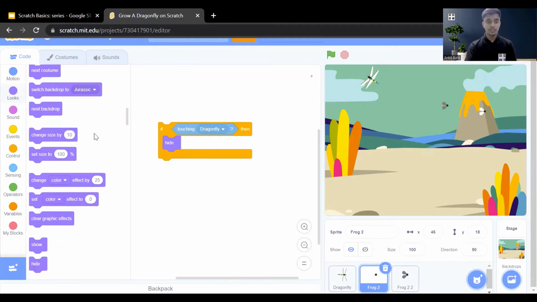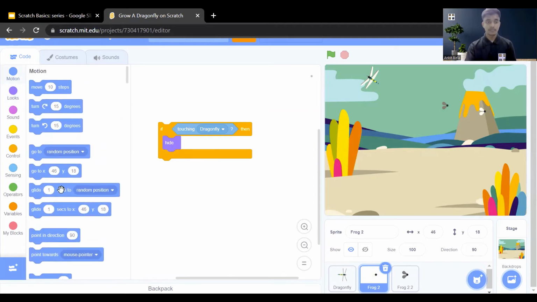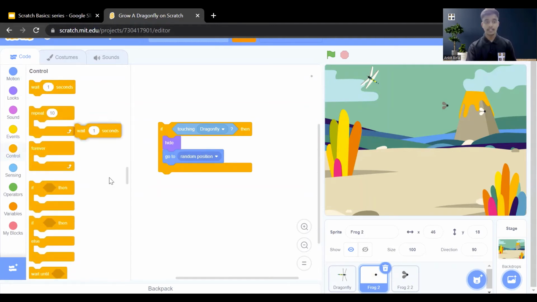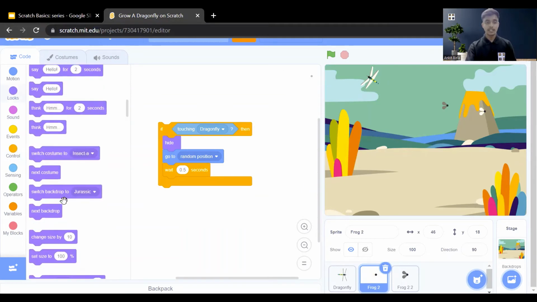in some different random position, to change the position. So go to the motion section, drag the go to random position block, attach it below the hide. Now wait some seconds, go to the control section, drag the wait block, add a wait of 0.5 seconds. And now just show it again. So go to the look section, drag the show block,